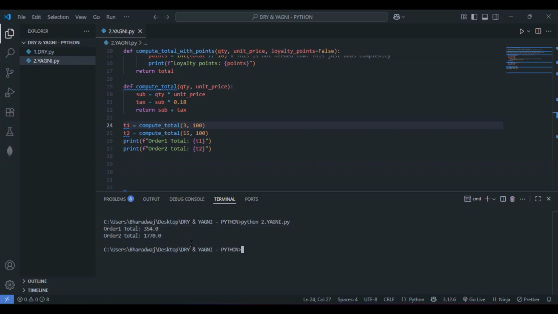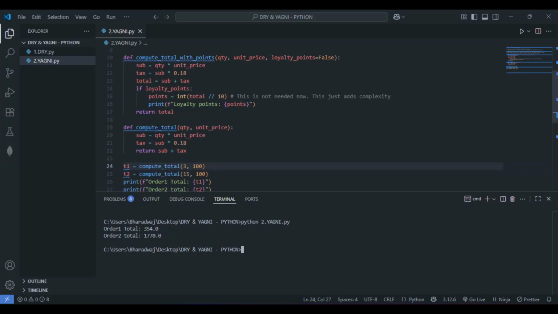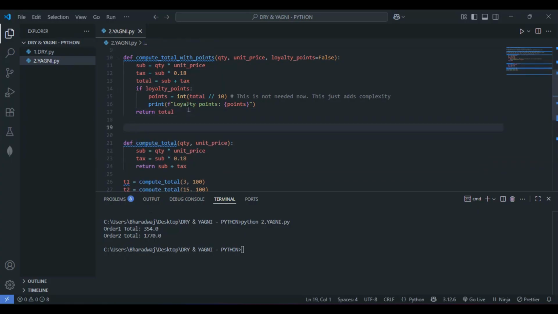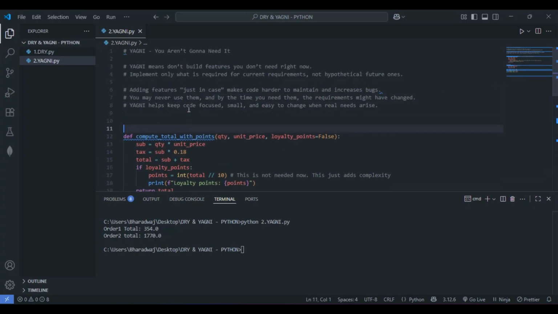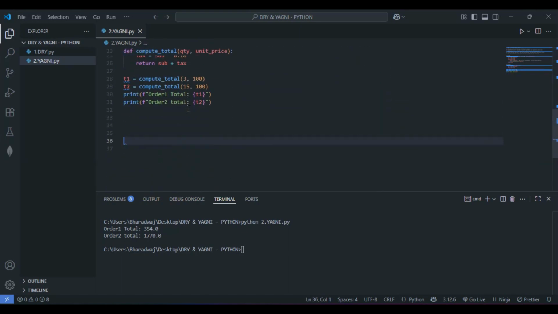Simple. We are not making use of any extra unused features here. This is clean and completely simple. This compute total that I'm speaking about is the good way. Let me write here this one as the good way, and let me consider this other one as the bad way, just for understanding purposes. That's it, we are done with the output part.